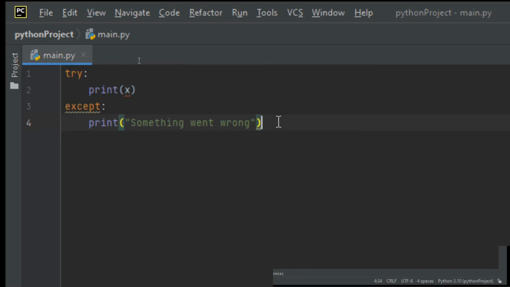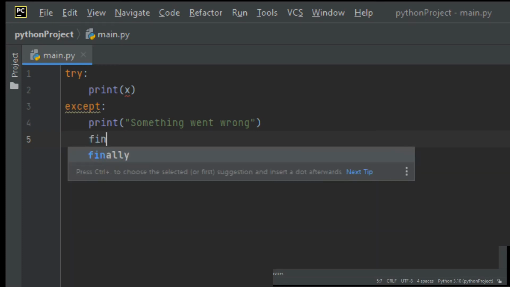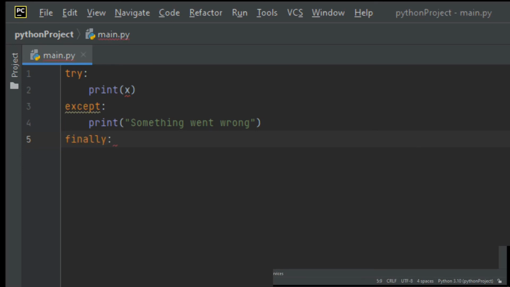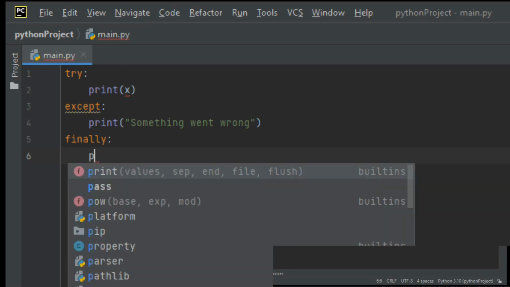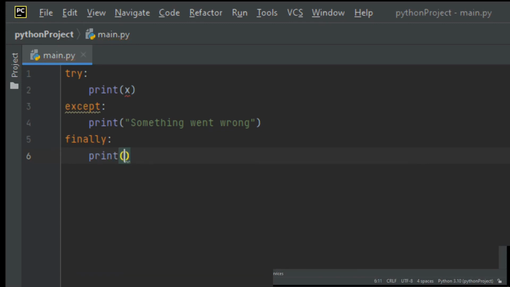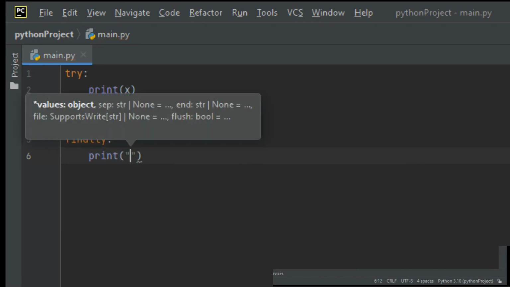And then guys, also we have this now, if there's an error or not, then this finally block, remember let me first of all write finally, and now this finally block will be executed regardless of the try and except blocks. So it's gonna print something went wrong because there's an error here, and also it's gonna print this stuff here, like let me say print, and then let me say perhaps the